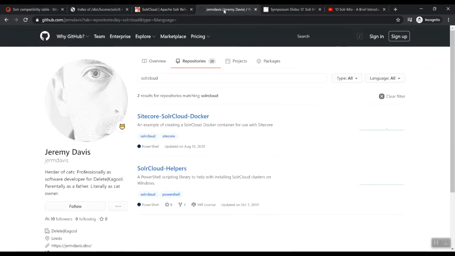There is this hidden gem by Sitecore MVP Jeremy Davis. He created this repo, SolrCloud Helpers, if you want to do it. It helps you install and set up SolrCloud in a scripted, automated fashion. Before I play and make some small adjustments to his repository,